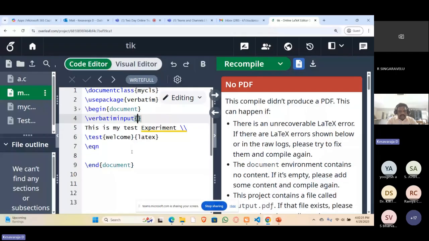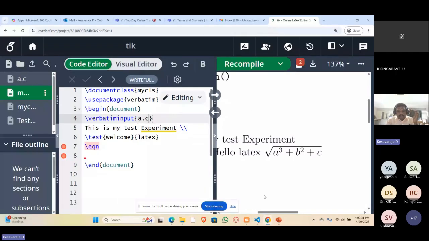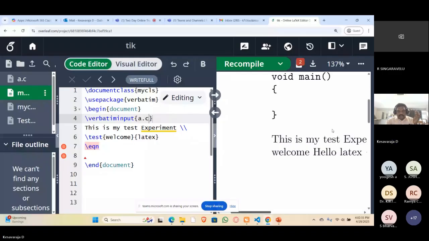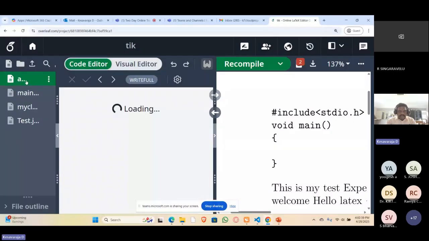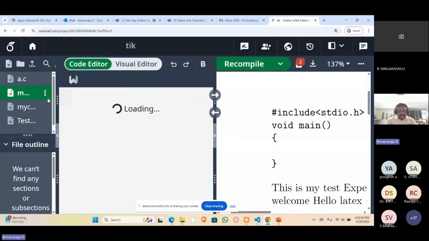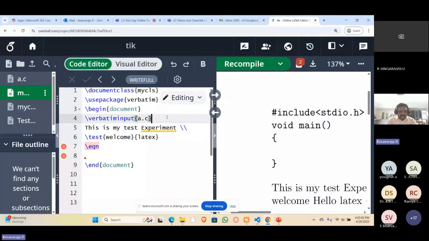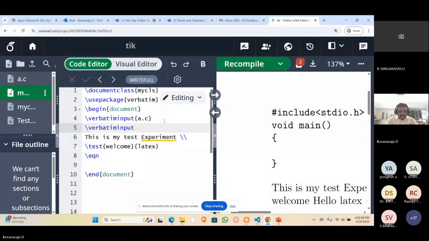Verbatim input a.c. Yes, my C code will be printed. If I add verbatim input, here a.c is placed. Okay, a.c is also available. Then in a similar way, I will add slash verbatim input